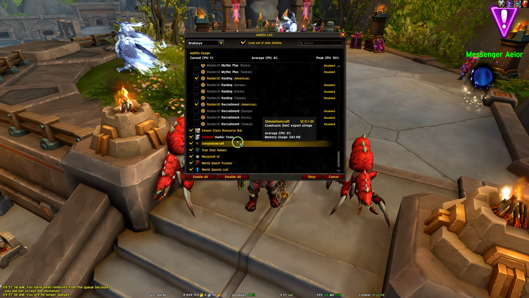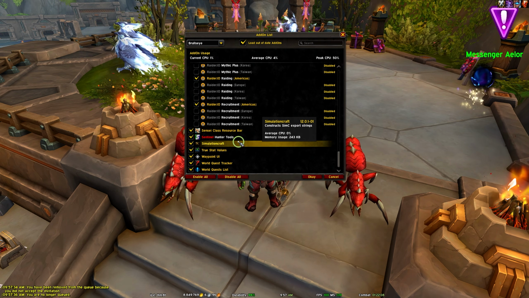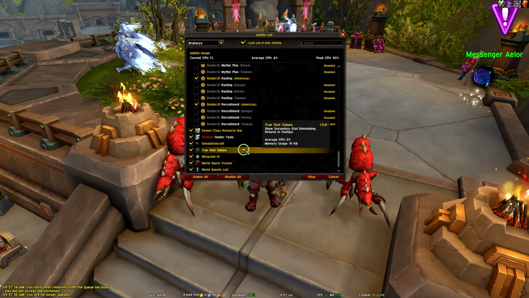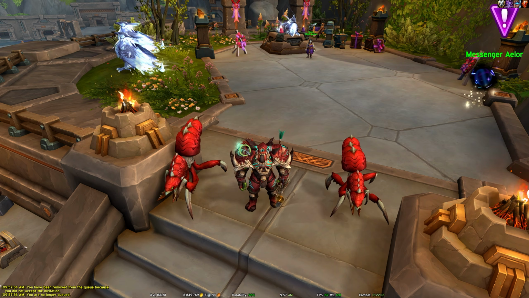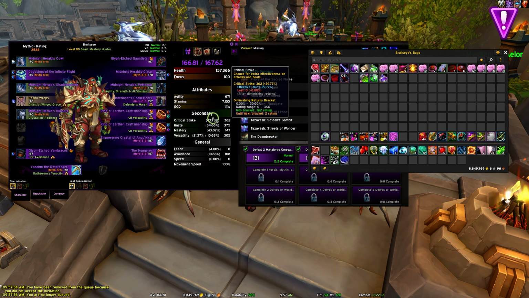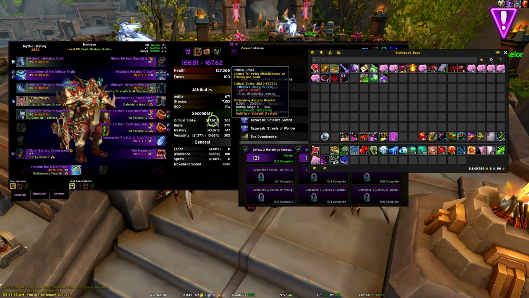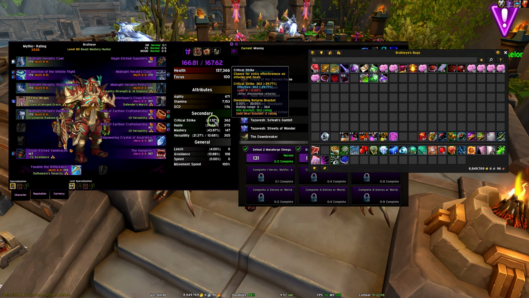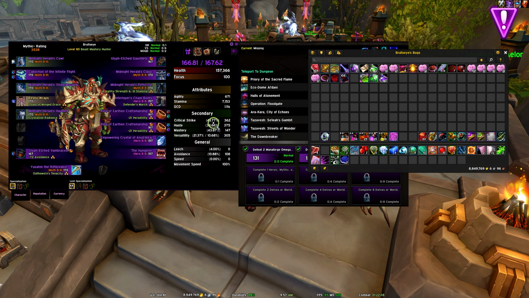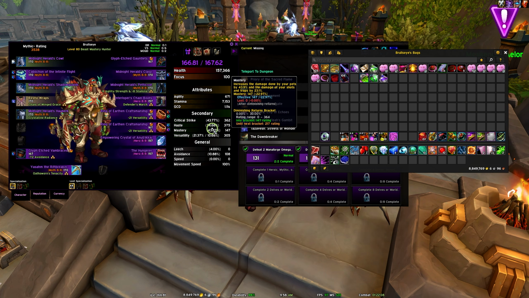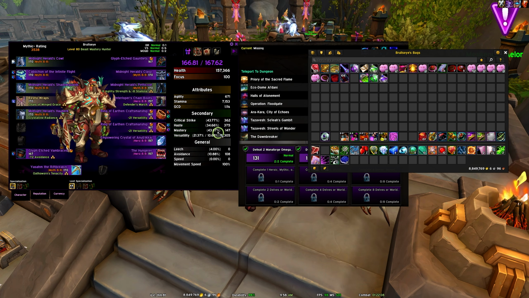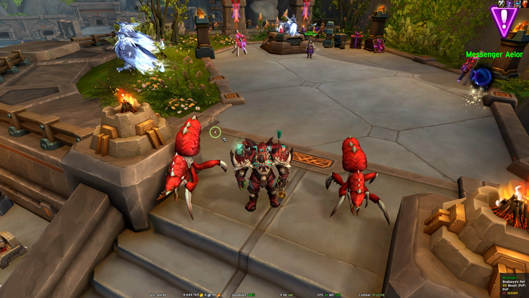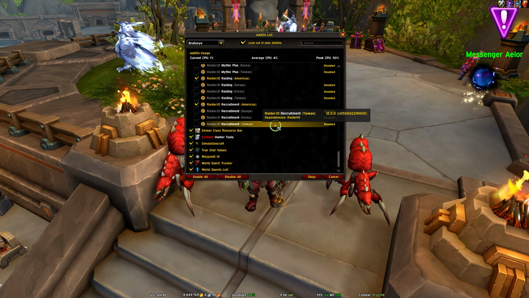Simulation Craft, that's just for when you want to sim your damage on SimC or Raidbots. True Stat Values is really nice. This is something I've been using for a while. As you get further into Midnight, it'll tell you, I'm hovering over crit right now. Hey, if you keep pushing crit, you are hitting diminishing returns. And yeah, it just helps you make sure that you're prioritizing your stats a little bit better. But again, you're going to use this in conjunction with simming anyway, but that's what that is.